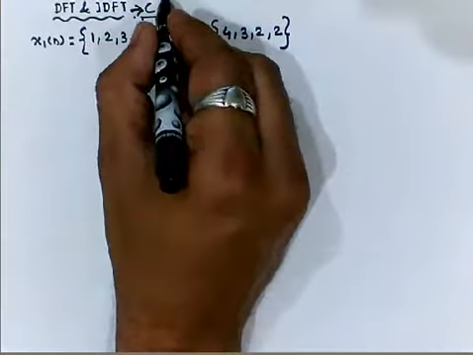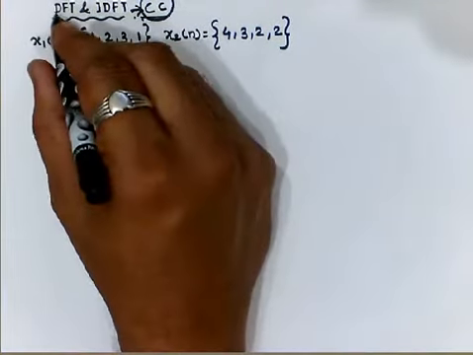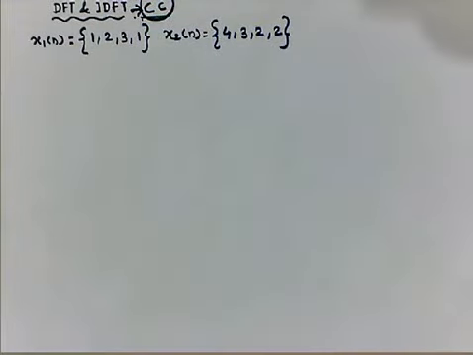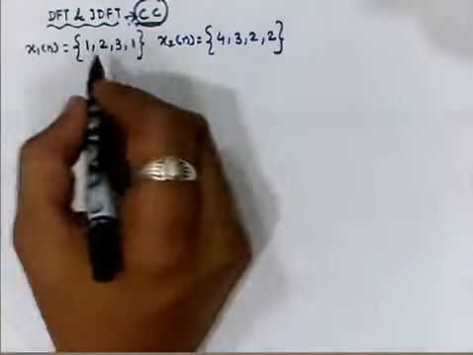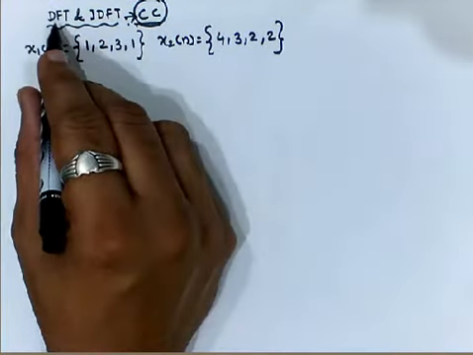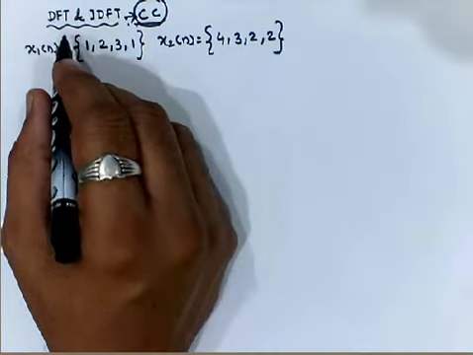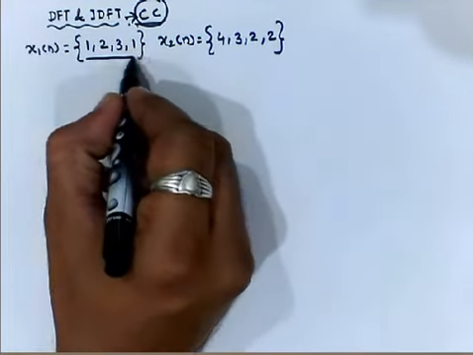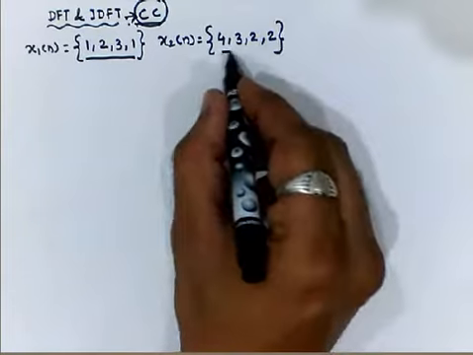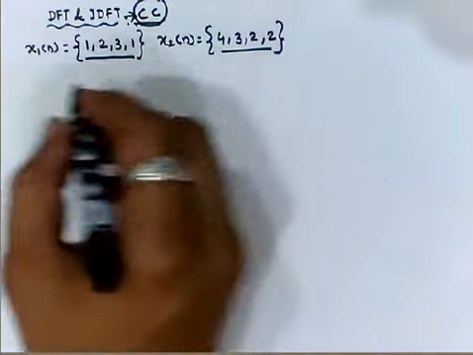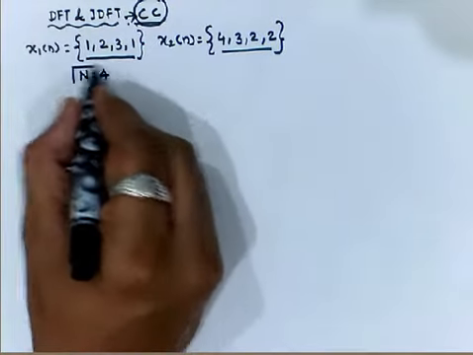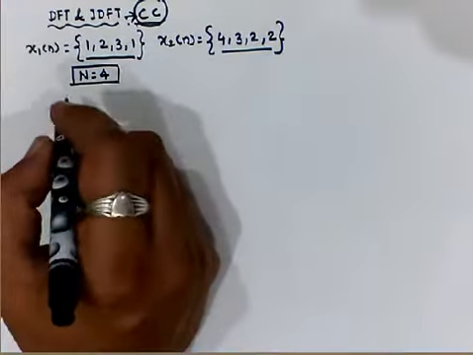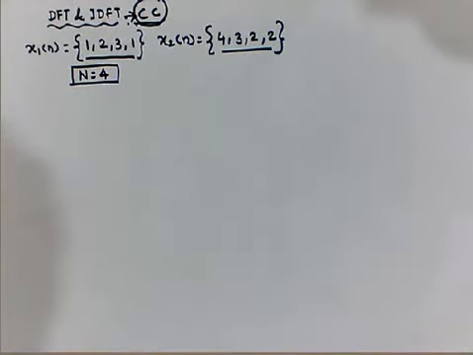Right, now in the problem statement we are being asked to find the circular convolution, and that too by using the DFT and IDFT approach. So for this specific case, just try to recall how many DFT points, meaning the capital N value, we need to select. If we check the number of sample values in x1 and x2, both are the same, that is 4. So capital N must be selected as 4. In short, we need to proceed with the 4-point DFT and IDFT approach.